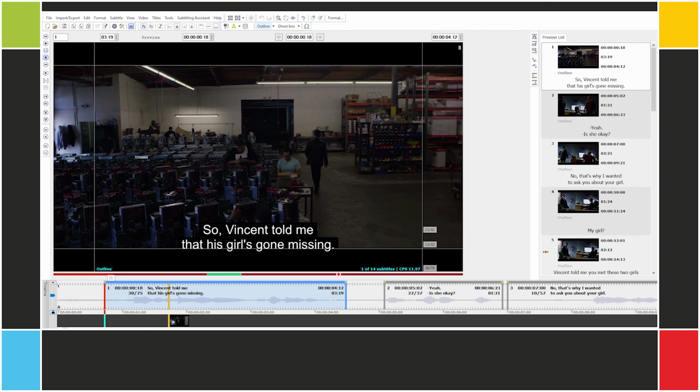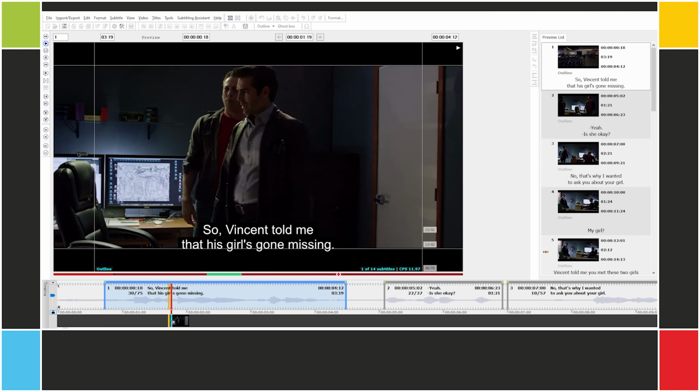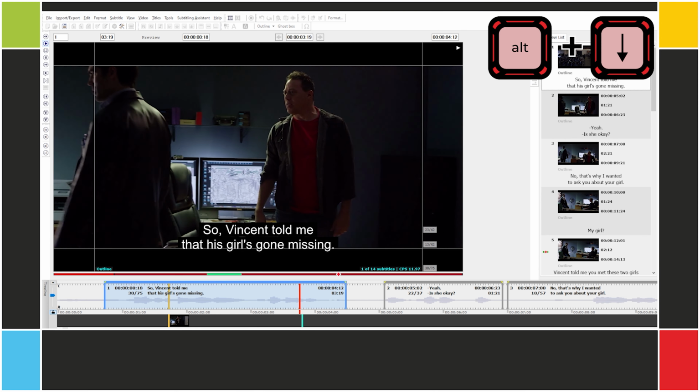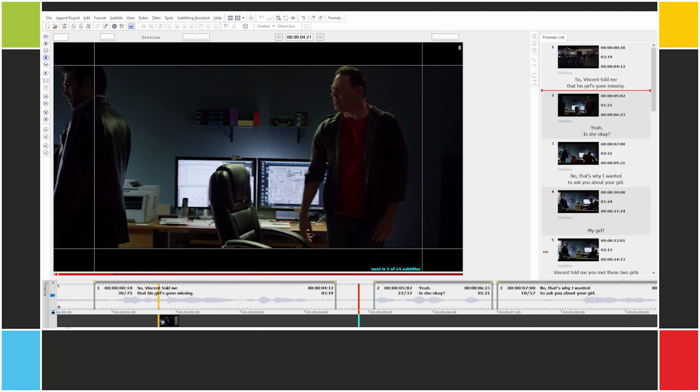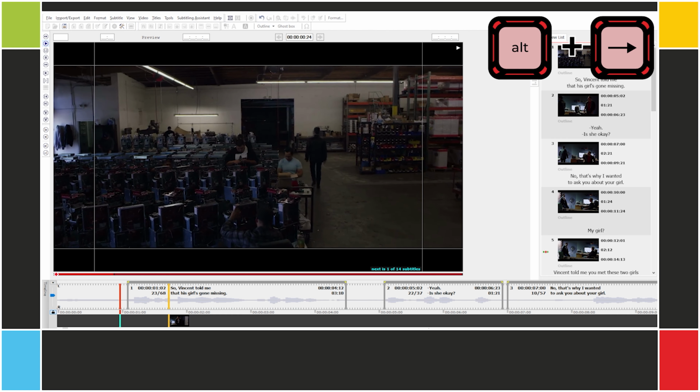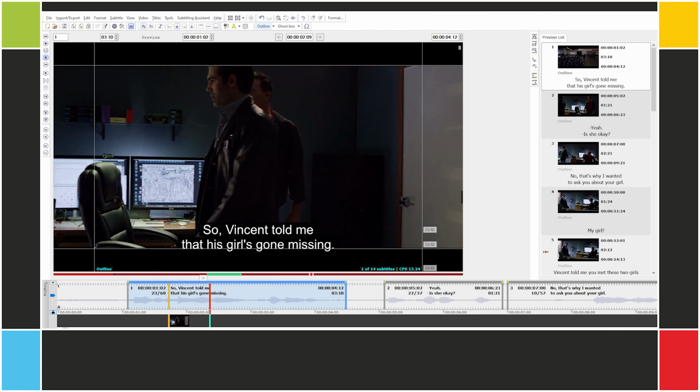Let's play the video. Alt-right arrow. So Vincent told me that... Pause with Alt-down arrow. Seems like the subtitle is coming in a little early. We can adjust it with the mouse. Let's see how it looks now. Alt-left arrow, Alt-right arrow. So Vincent told me that...